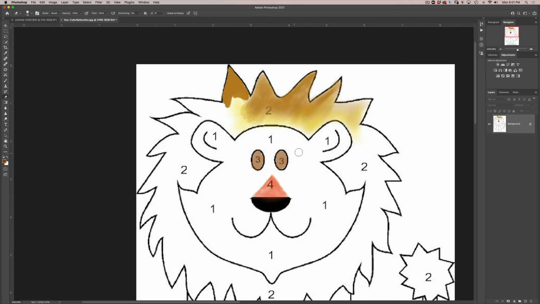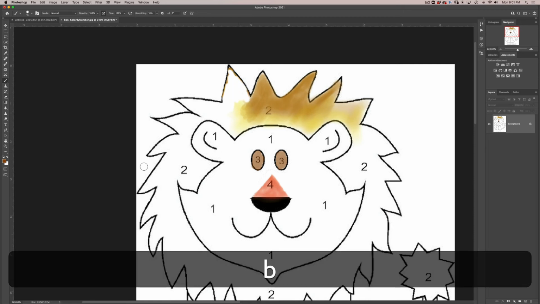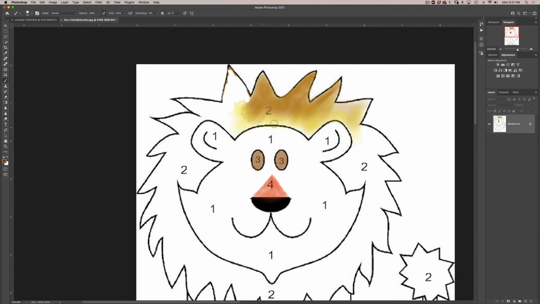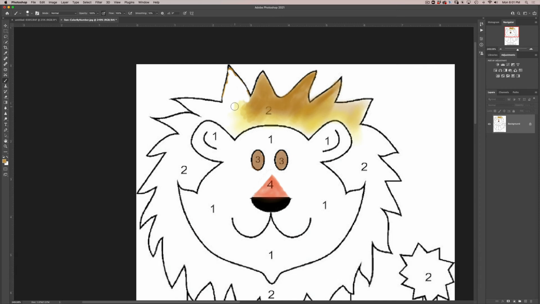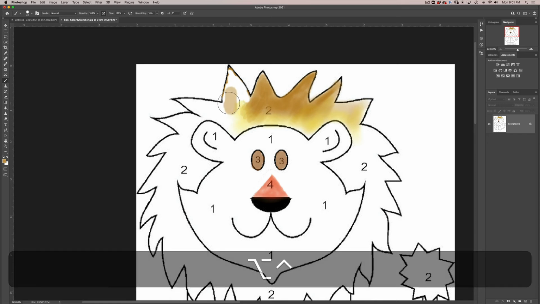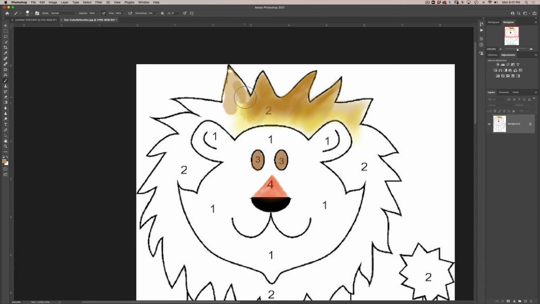Okay, so if you make a mistake, you can go ahead and just use the eraser tool to erase the color, and then you will switch back to the brush tool, letter B, you're back in the brush tool. If you need to resample the same color, hold your Option or Alt key and you'll be able to sample that exact same color, and you can make a bigger brush and keep on painting. Okay,